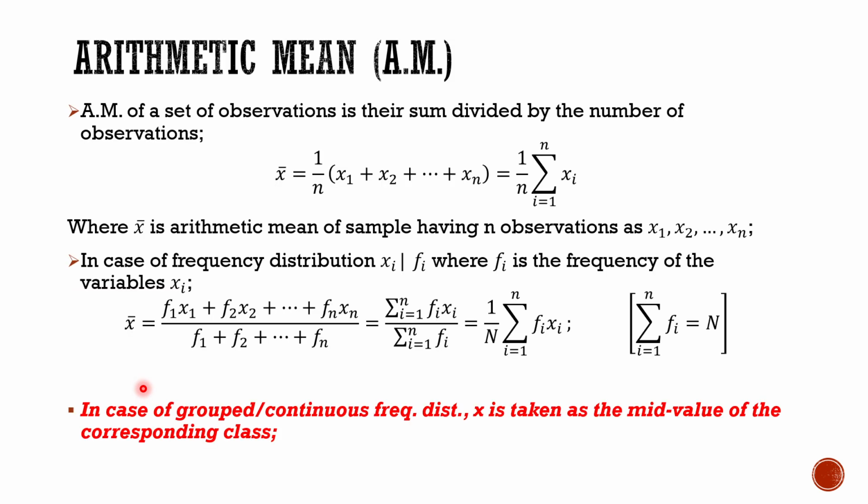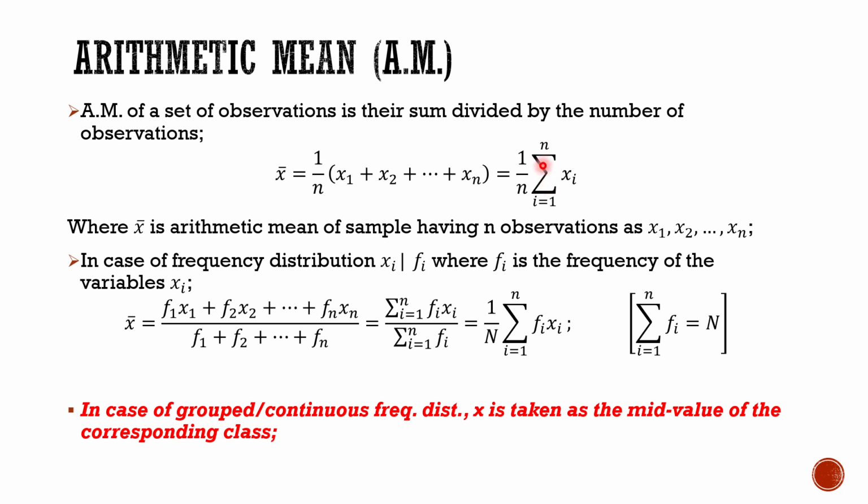So, what does it mean by arithmetic mean? It is the simplest and most widely used measure of mean or average, where what we do, it simply involves taking the sum of a group of numbers, as we have shown here, x1, x2 till xn, and then we divide it by the count of the numbers used in this series. So if we are using n number of observations, we'll divide this sum by n.